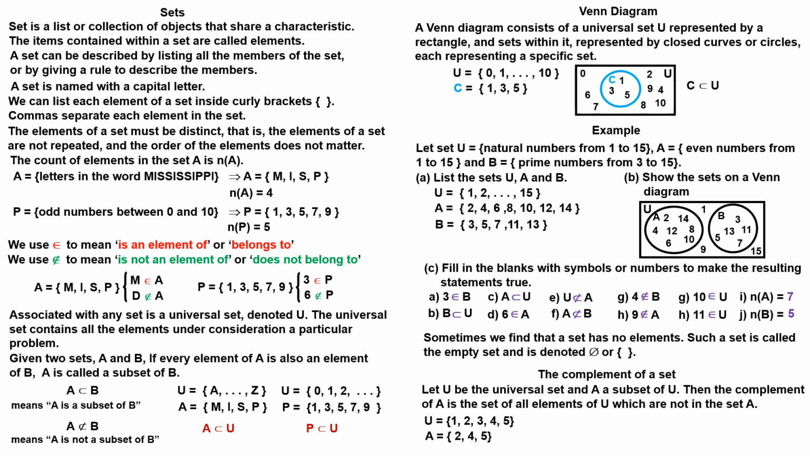Then the complement of A is the set of all elements of U which are not in the set A. In this case, the complement is the set 1 and 3. The complement of a set can be represented with several different notations. The complement of set A can be written as or